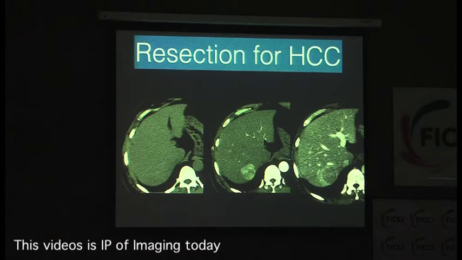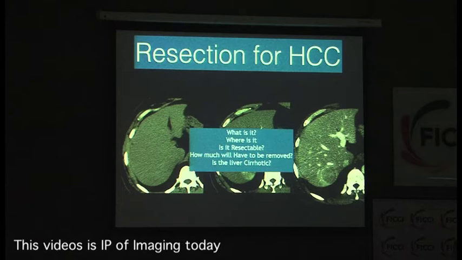So a typical HCC: arterial phase enhancement, what Dr. Karthik showed you, although I am showing it to you on a CT, washout and a capsule, that's an HCC. Okay. What would you want to remove? First of all, he is going to ask you what is it. Now this patient was hepatitis B positive, so I am pretty certain with hepatitis B positive and an arterial phase enhancement and washout, it's an HCC. Where is it? Segment 7, correct. Is it resectable? Yeah, why not? How much will have to be removed? That you have to tell him.